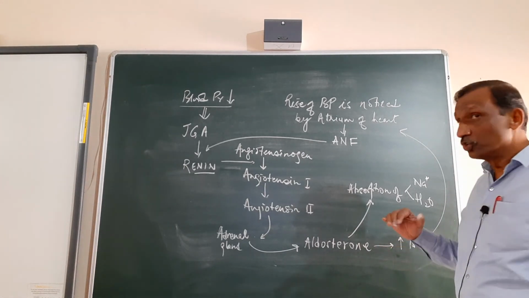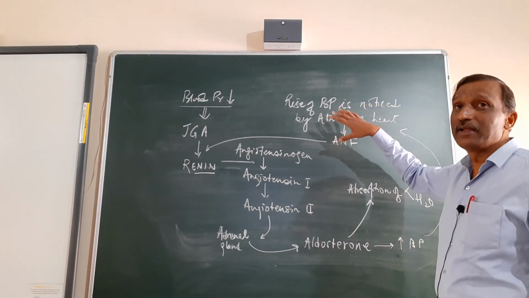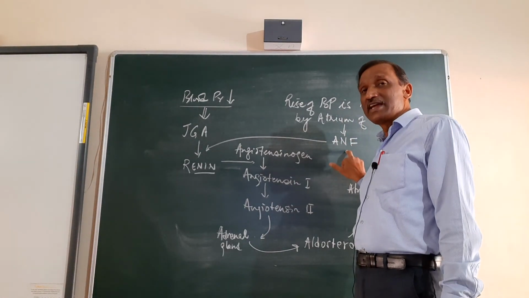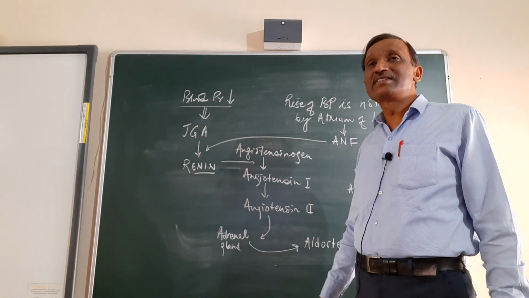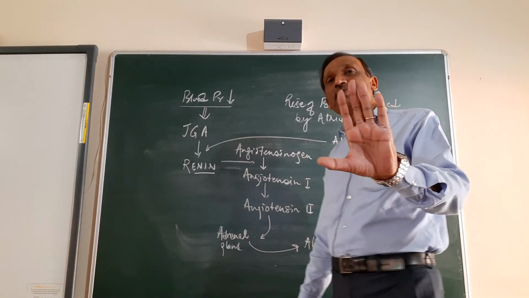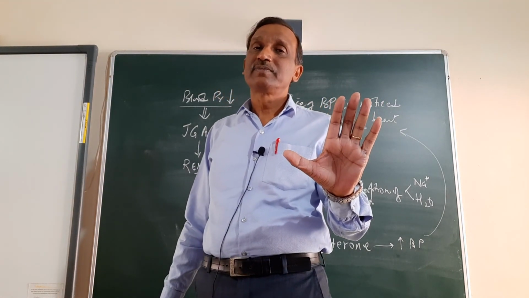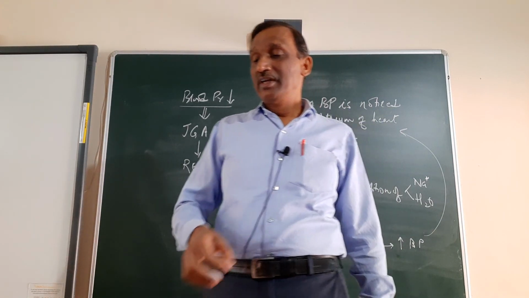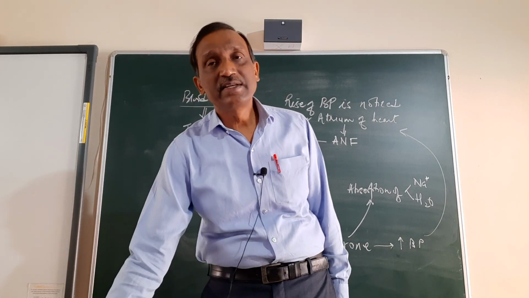And as the blood pressure goes beyond a certain level, it is immediately noticed by the atrium of the heart. And the atrium of the heart will secrete atrial natriuretic factor, that is ANF, which is again a hormone, and this hormone will work against the renin of the JGA, and it will tell the JGA enough is enough. We have enough blood or water in the blood, and the process will again come to normal. So this is called the renin-angiotensin system, RAS. Okay? So that is important, children.